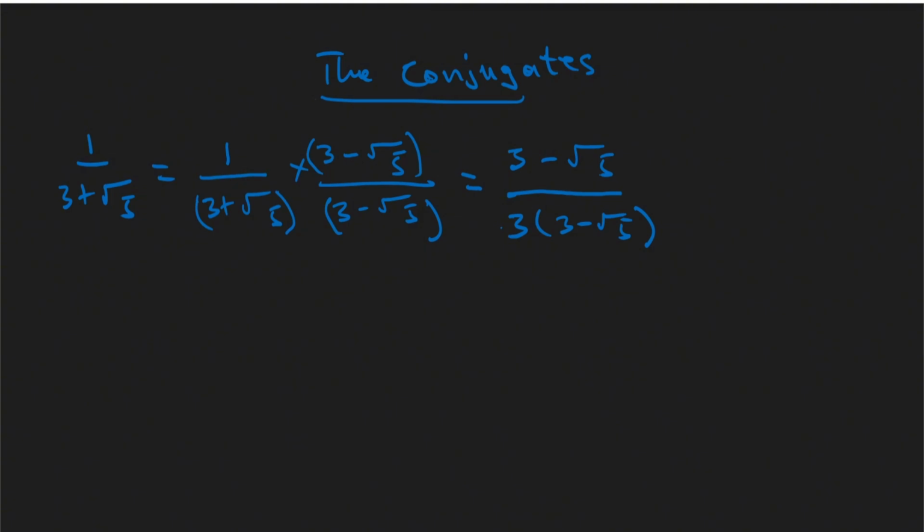So plus root 5 times 3 minus root 5, which is equal to 3 minus root 5